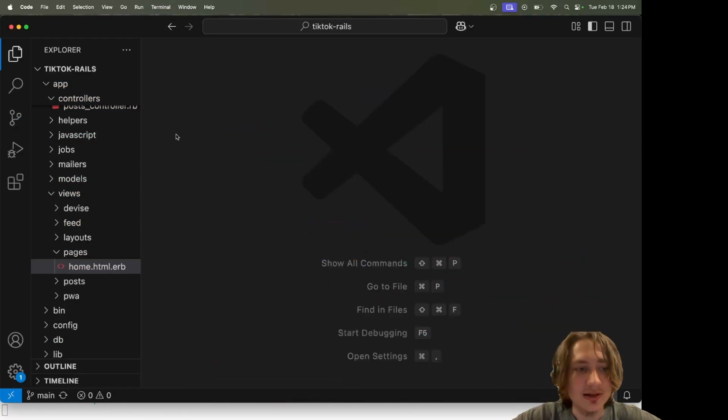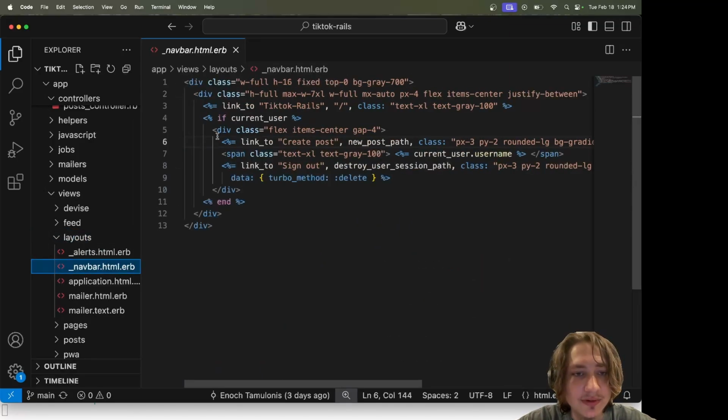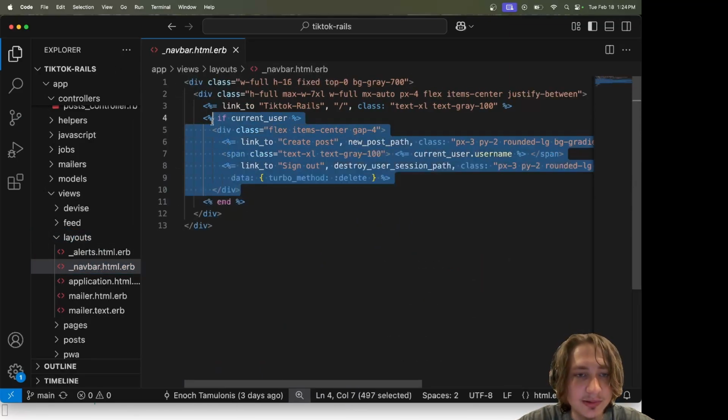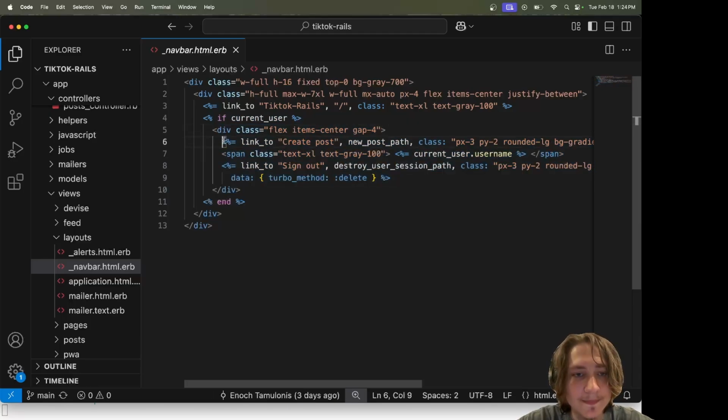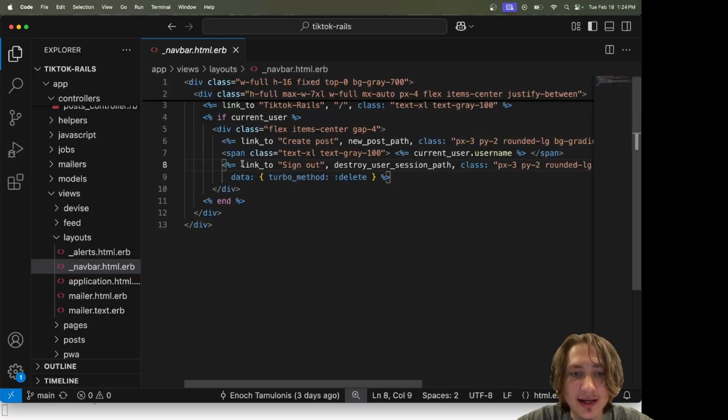So to add a drop down, let's head over to the Views Layouts navbar. Right inside of here, we just have all of our content displaying in the navbar. What we want to do instead is create a drop down that would hide some of this content. So what I'll do is